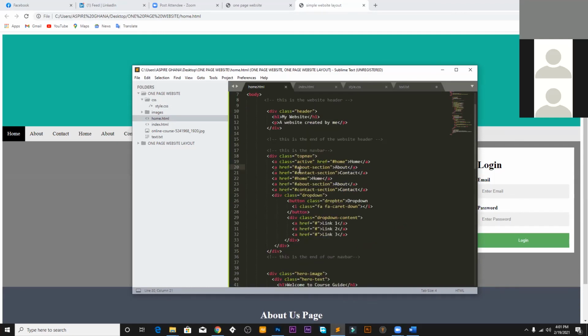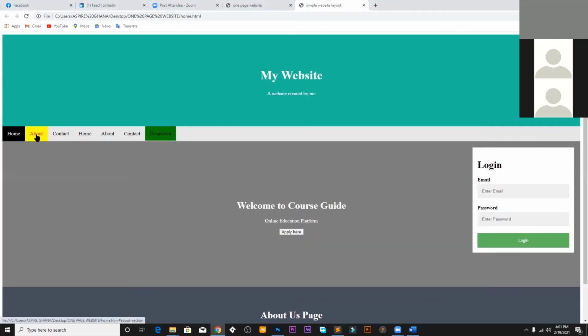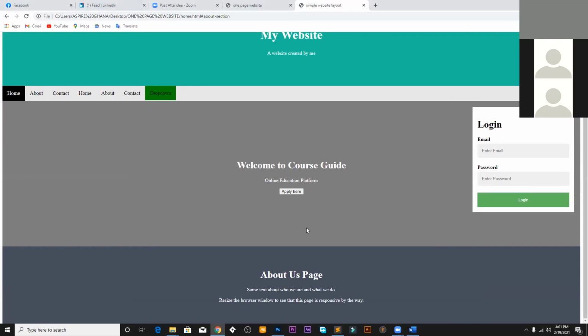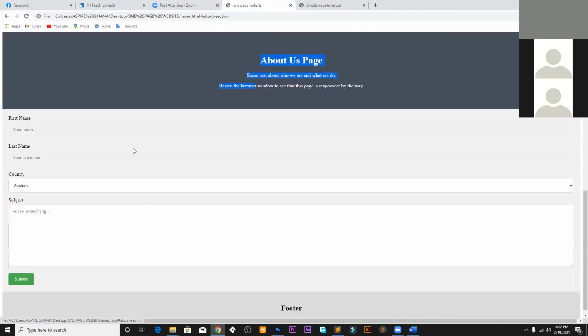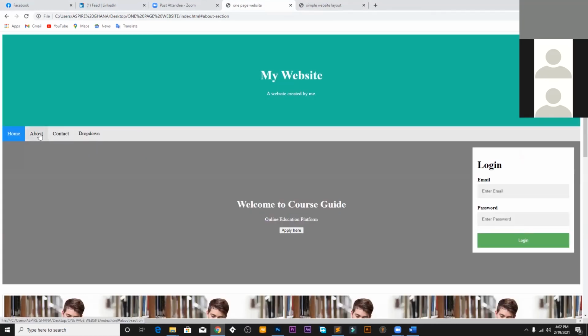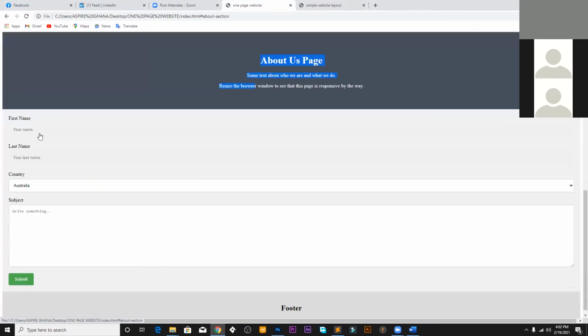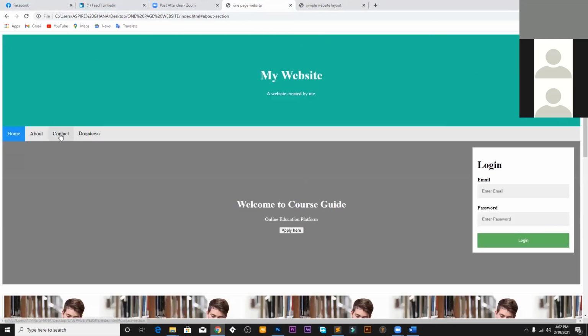So here we use the hashtag about section. That means that if we click on the about link, it should take us to the about section, as we had on our project screen. Okay. So with this one, if I click on the about, so this should be the end of our project. If I click on the about, it should take me to where we have the about section. And if I click on the contact,